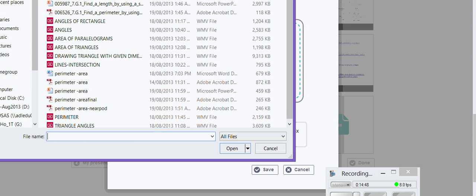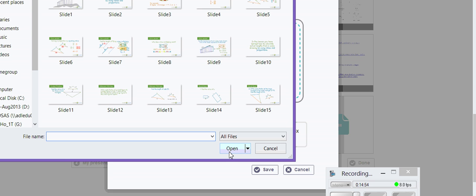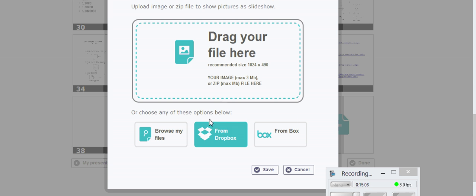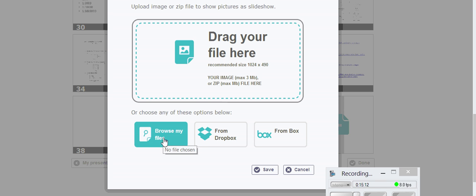I need to put all this zip file, I think I have to put all the slides. This is the first, it's just a new feature and I should have zipped it. Let me zip it first, and